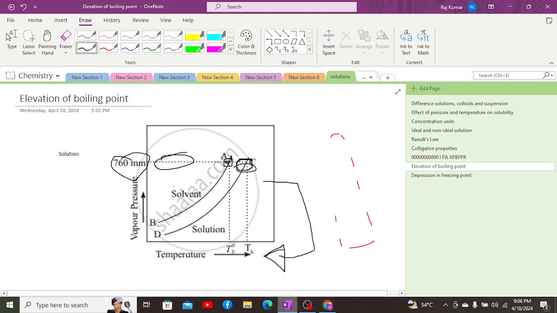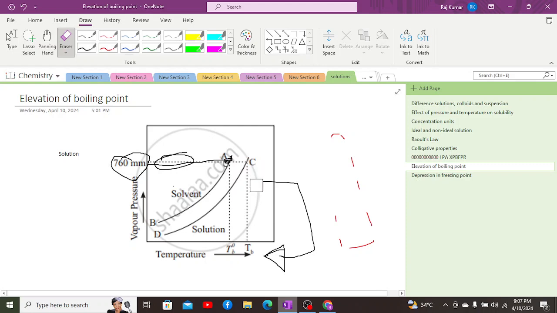So in order to make vapor pressure equal to CD, a higher temperature is required to achieve the boiling point, due to which we can say that there is an elevation in the boiling point due to the increase in temperature which is required for the vapor pressure to become equal to the atmospheric pressure